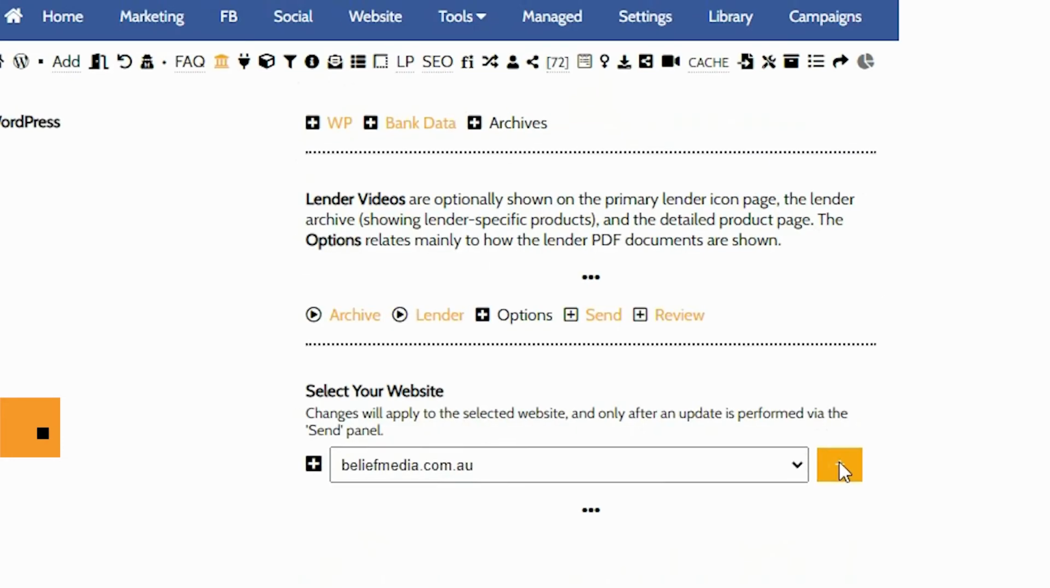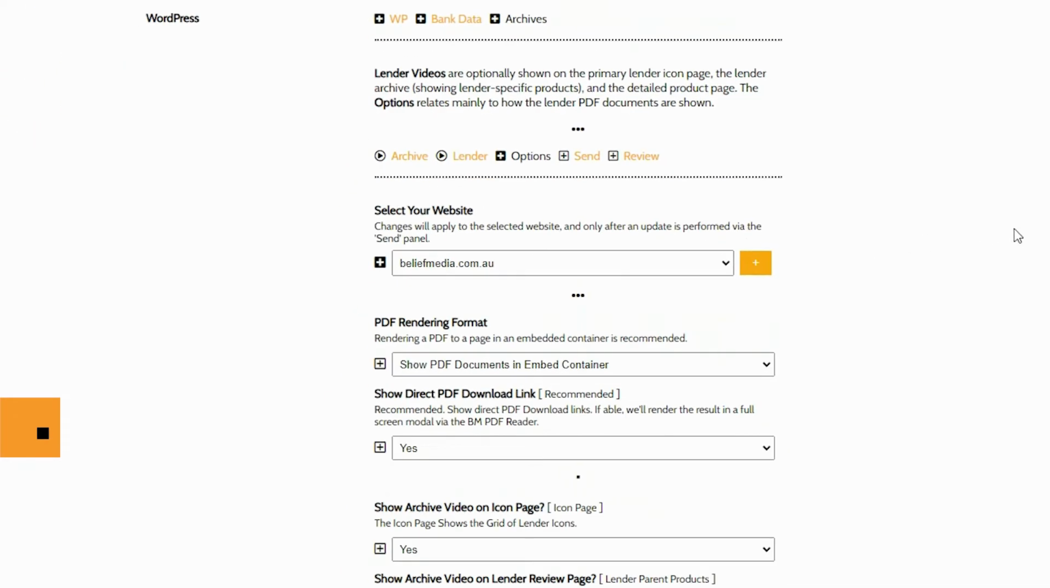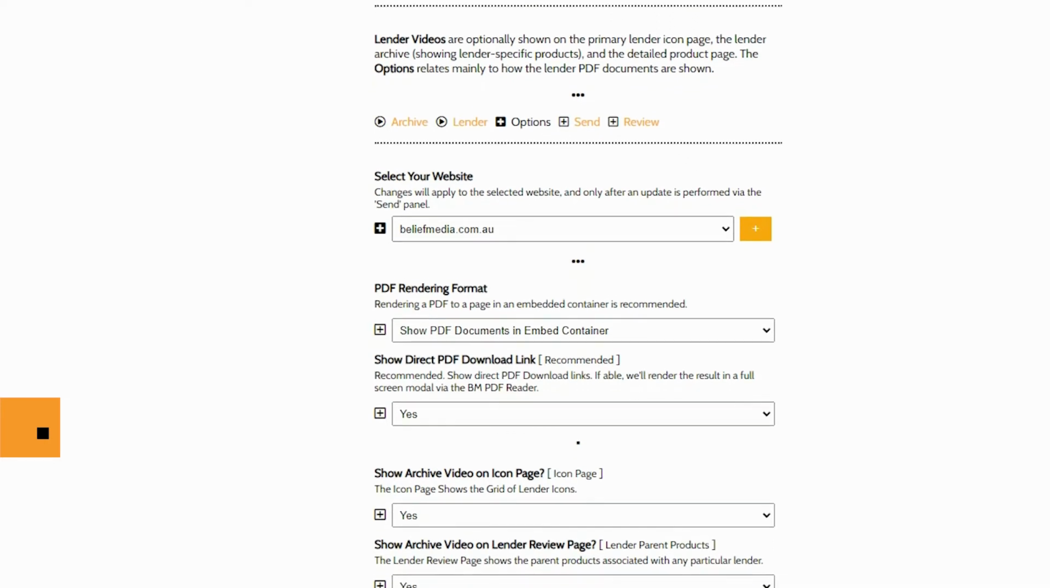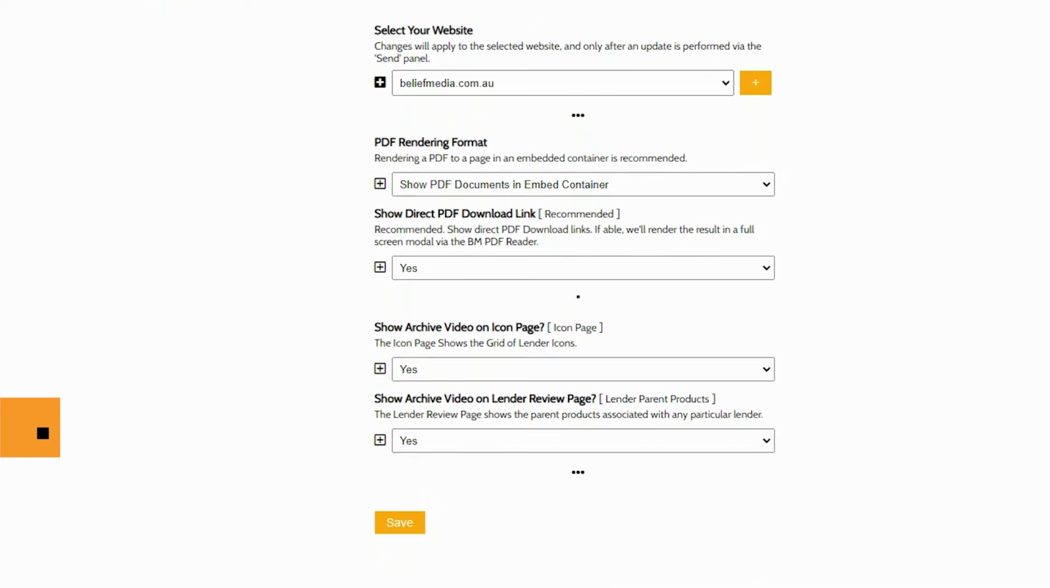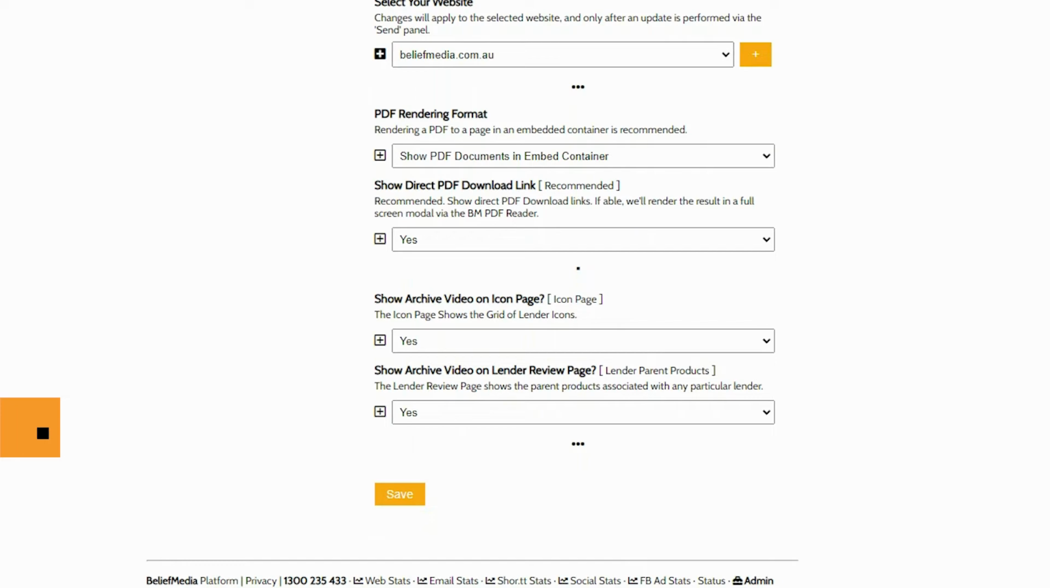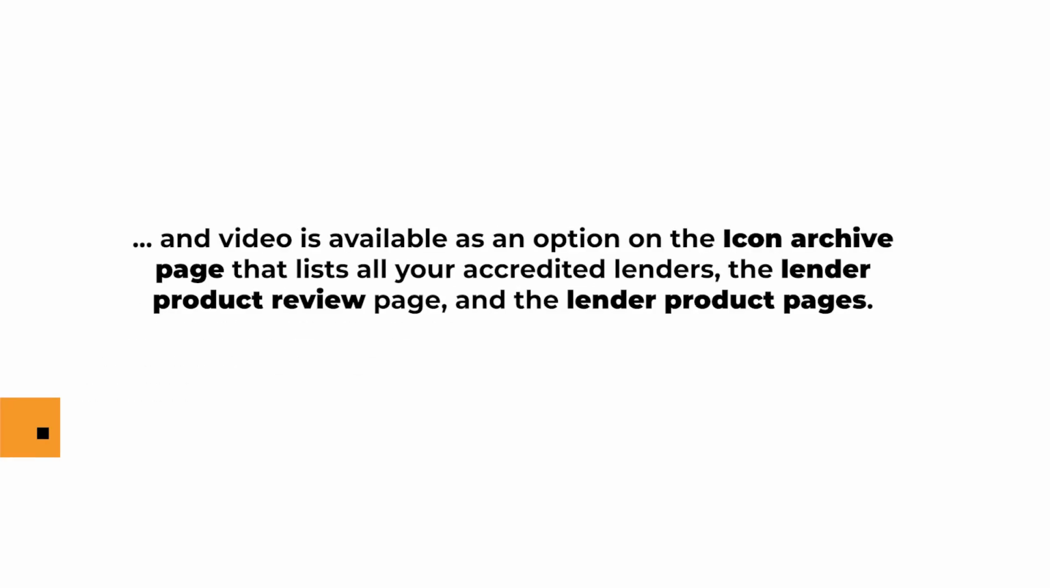So we'll briefly look at how to assign custom videos to each lender page. We'll also detail how to alter the way in which PDF documents are returned to lender product pages. Videos are optional, and they're optional on all pages. That includes the icon archive page that lists all your accredited lenders, the lender product review page, and the lender